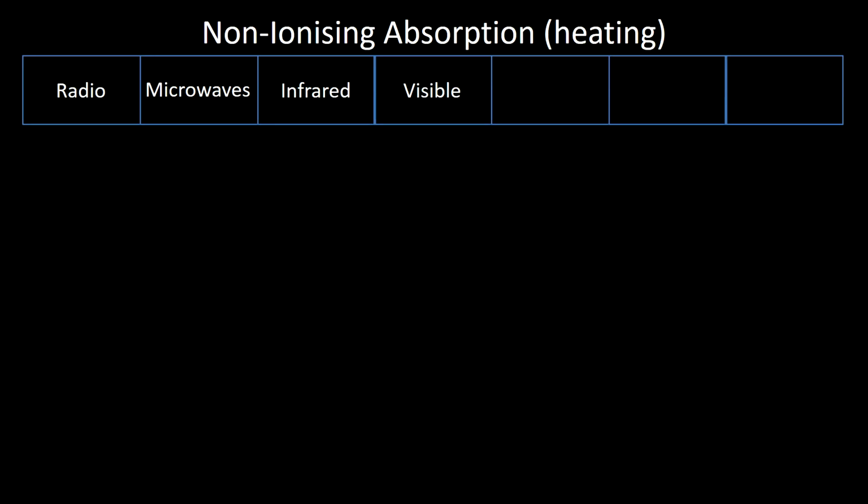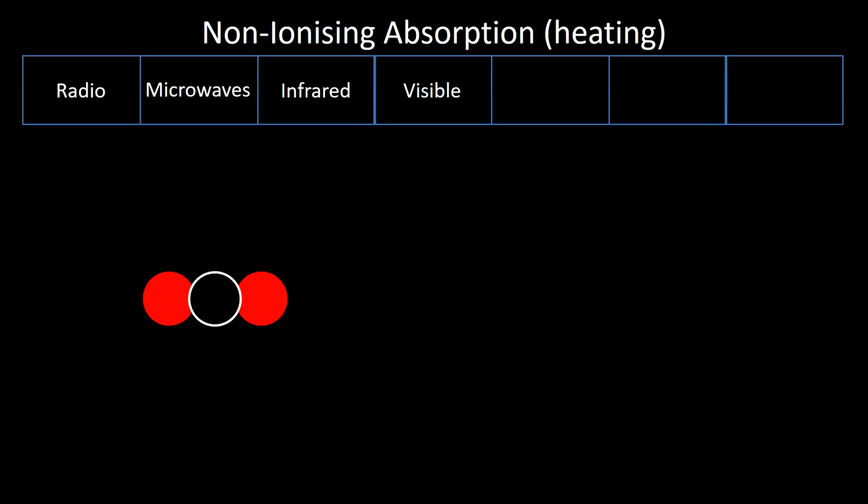And the reason that it's not a definite boundary is because some electrons are easier or harder to remove from atoms than others, and some bonds in molecules are harder to break than others, so it's a fuzzy boundary. Okay, so what can happen in non-ionising absorption is, first of all, we can cause vibrations in the